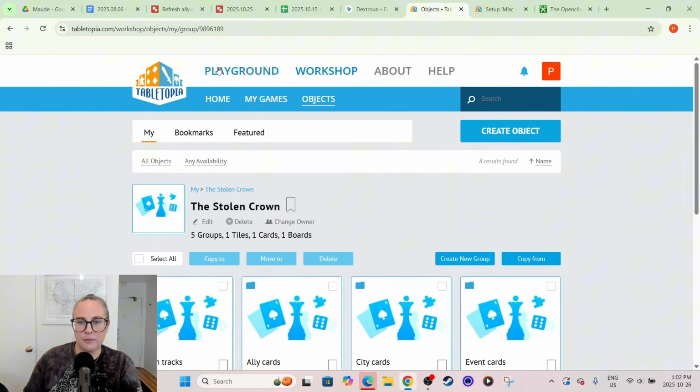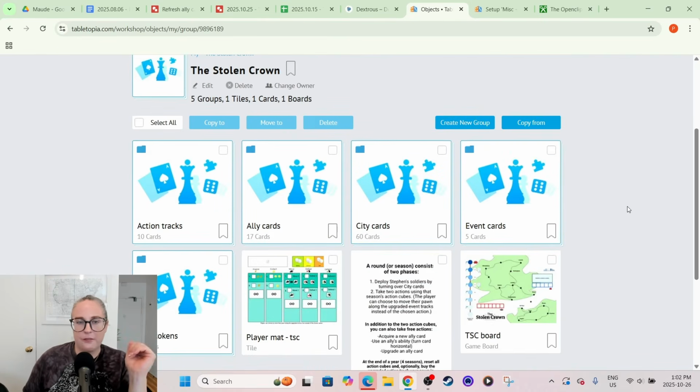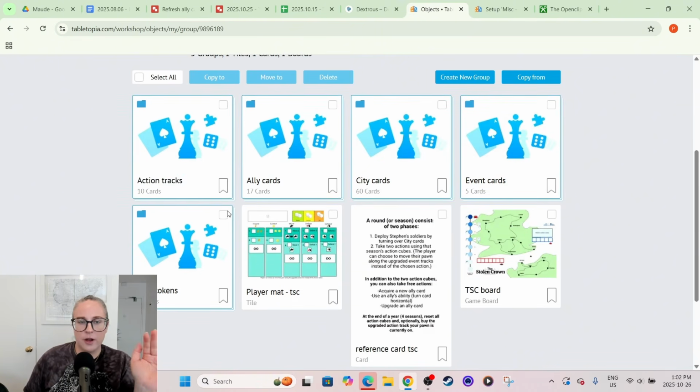Okay, so I exported all of these files and I brought them into Tabletopia, another program that I really, really enjoy. I have a ton of projects in here. So I created one for the Stolen Crown. This is the game I'm working on. And one thing I learned, and I can't remember exactly who told me about this, maybe Travis, is that if you create groups, you can then drag and drop the entire group